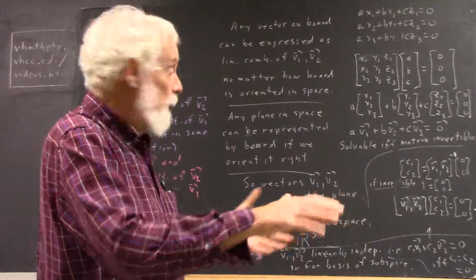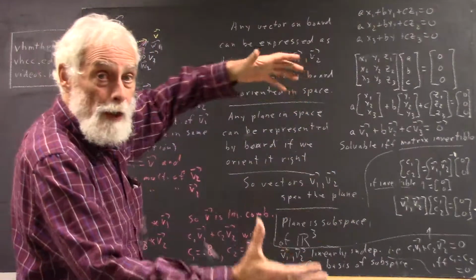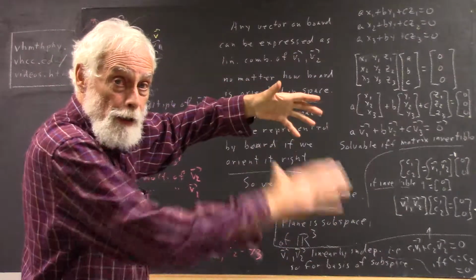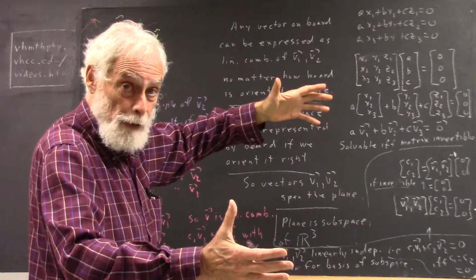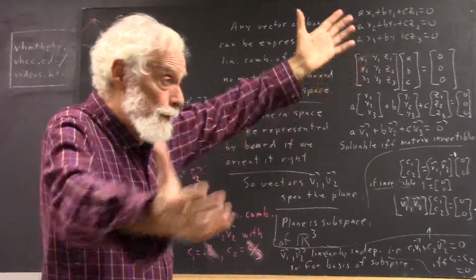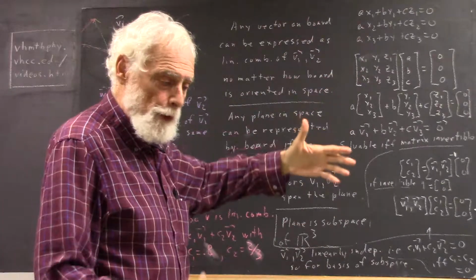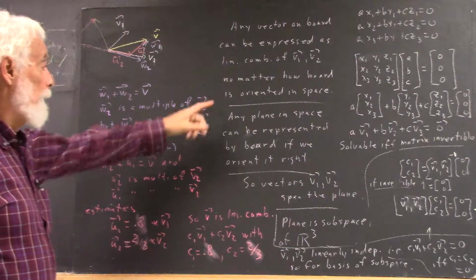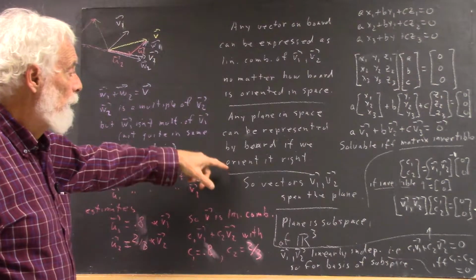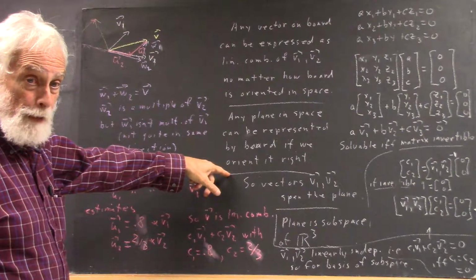This plane, I take this board, I tilt it about like this, and now I've got that plane. And the board represents a part of that plane, and extending the board out to infinity in all directions represents the whole plane. So any plane in space can be represented by the board if we orient it right,